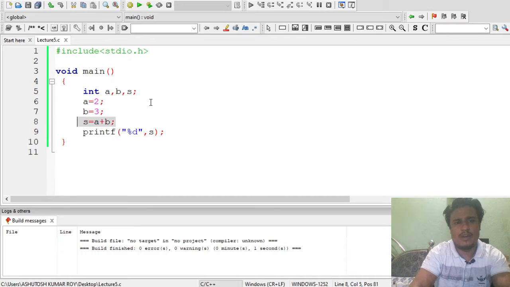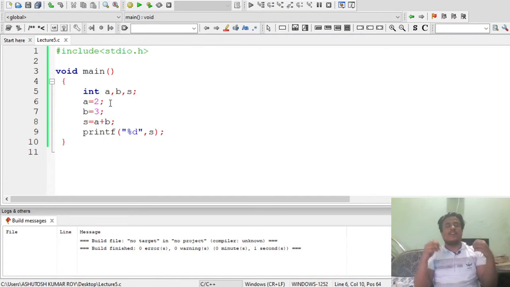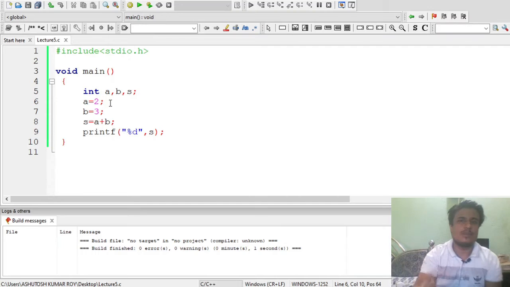Now the problem that arises here is that this is not a dynamic way of writing code. Suppose I am using 2 and 3. Many students think, why not use 5 and 6, or any random number. So you might get the cons of this problem: this is static allocation of memory, assigning A, B. So it's not a very good way of coding.